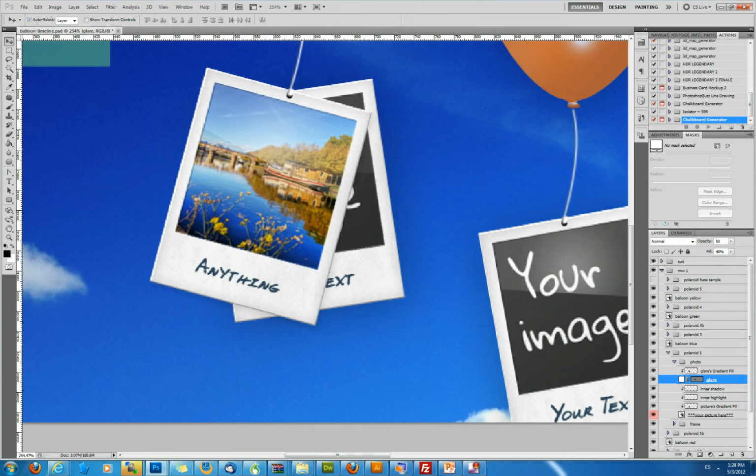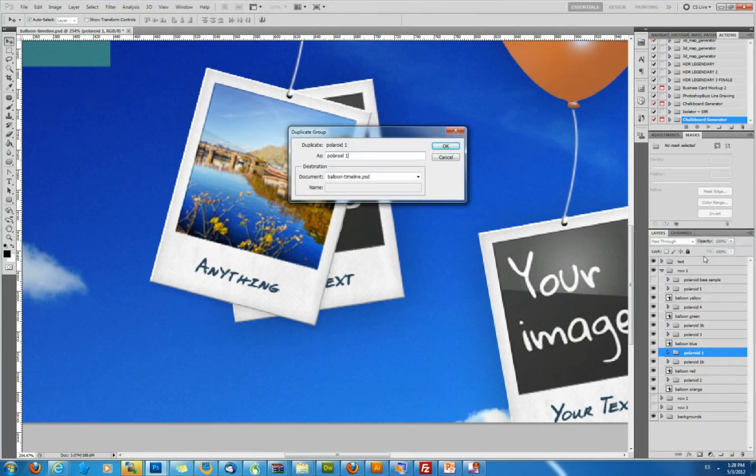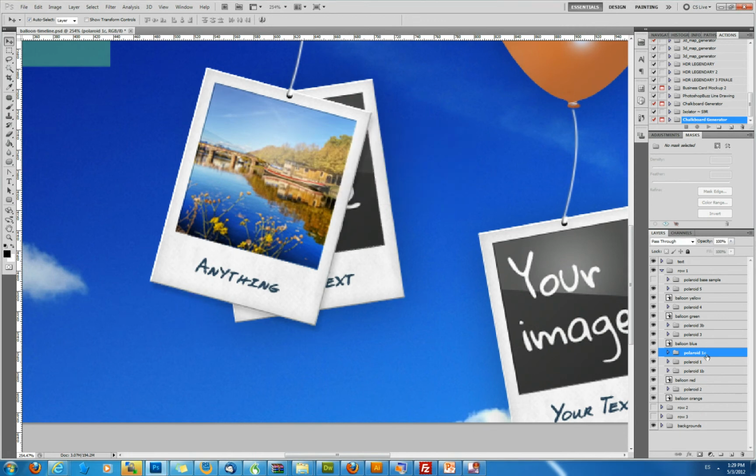Now if you want to add more Polaroids or swing them around, move them across the screen, that's really easy to do. You can see here, for example, I've got two Polaroids, one on top of the other. Here's the second one behind it. All you have to do is right click on the folder, duplicate group, give it a new name, Polaroid 1C. Click on OK, and you've got your new Polaroid here, and then Control T, which is the shortcut for transform,